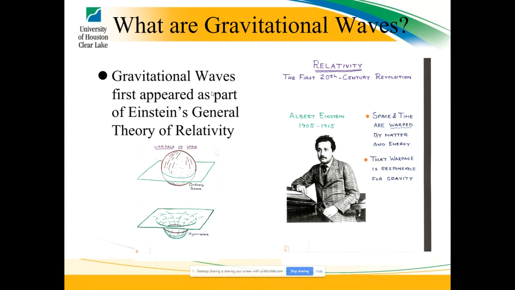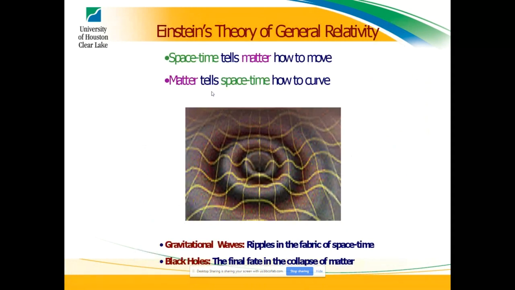Basically his theory was that space-time is going to tell matter how to move, and matter is going to tell space-time how to curve, and it's going to be the symbiotic relationship between the two. And then if you take this matter, your bowling ball on the sheet or on your mattress, and you roll it and you move it, what's going to happen is that curvature is going to have to change as you move the object. But that's not going to instantaneously change.